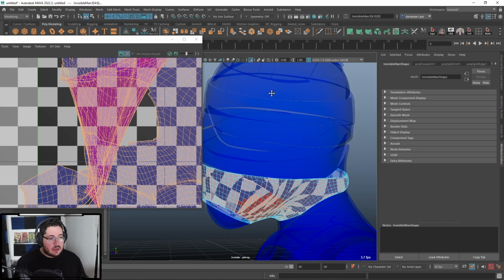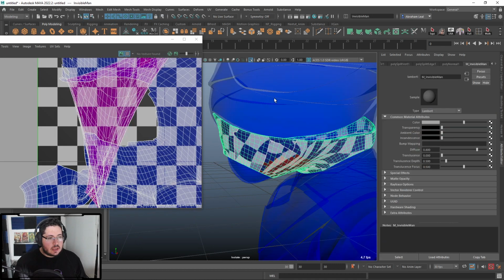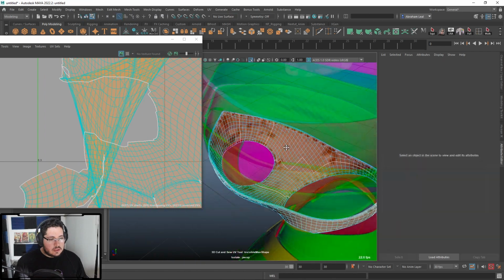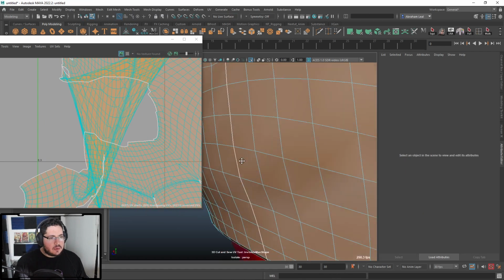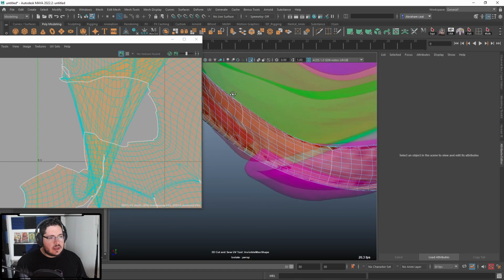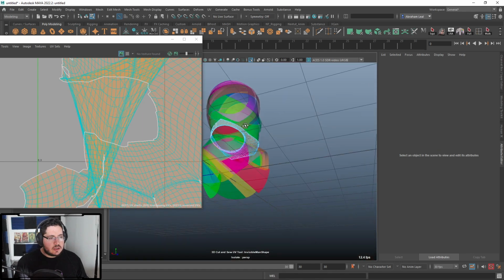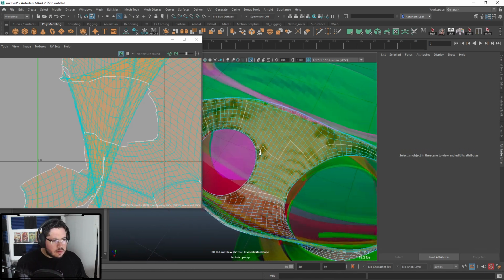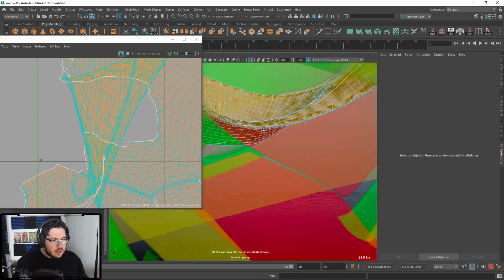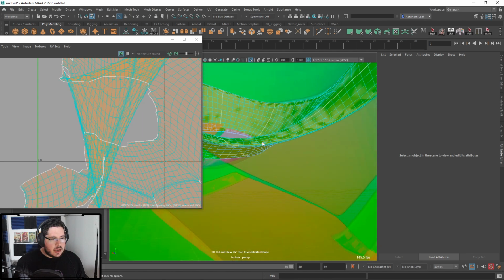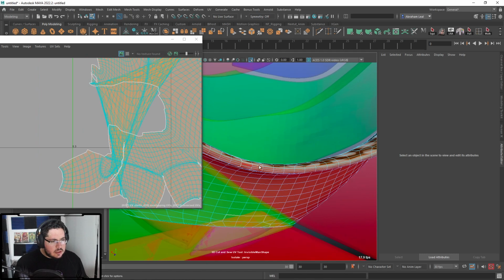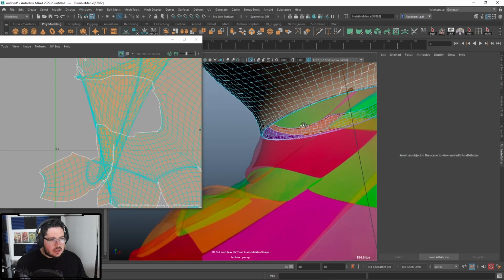So let's go. What I'm gonna do is click here. I'm gonna go UVs, 3D Cut and Sew UVs, and let's see. So the problem here is that this loop right here seems to be complete. Actually, I'm tempted to just extract this because I really don't see how this is... Okay, so it does seem okay. It's this outer circle that's the problem. So I'm gonna go to any edge right here on the inside, like that one right there, and I'm just gonna double click. There we go. So that should cut a